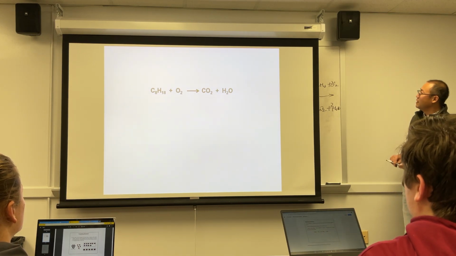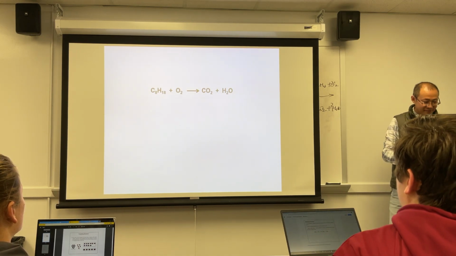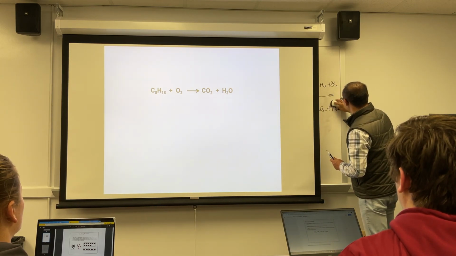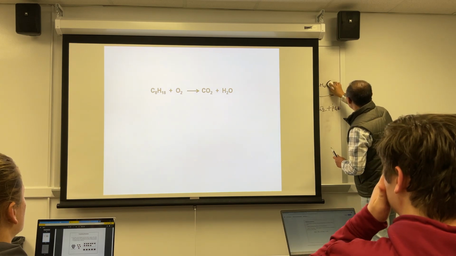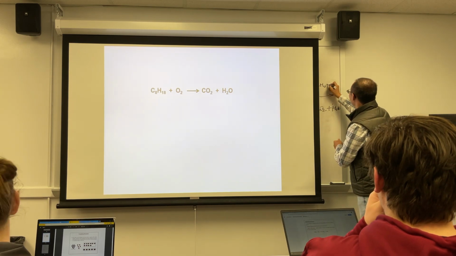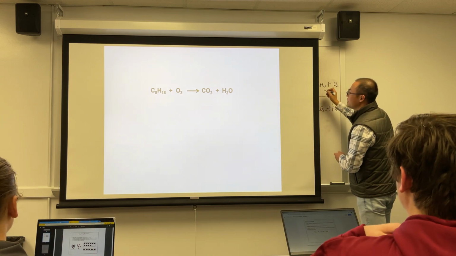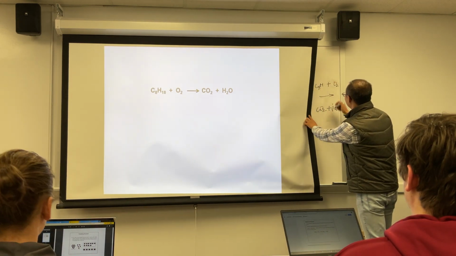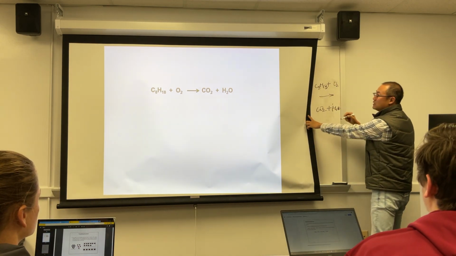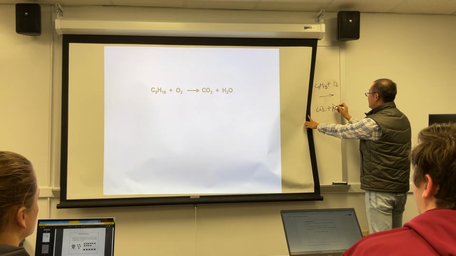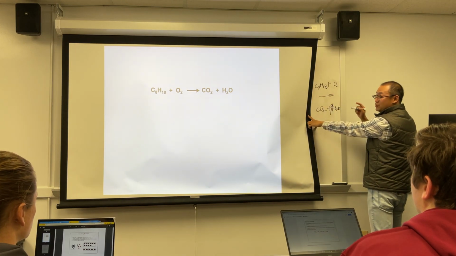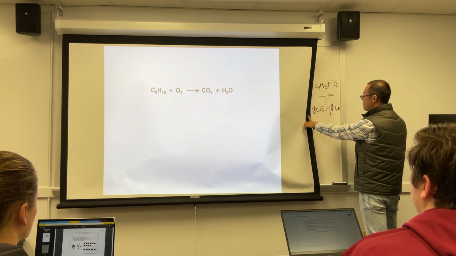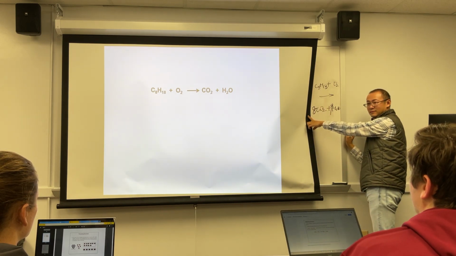How about this equation? You would need a 9 in front of the water. Okay, let's do it again. Let me change something, and then we'll do it on the board. This is a little trickier than before. This is C8H18. You said put a 9 in front of the water, so 18 hydrogen, good, and then an 8 in front of carbon dioxide. Good. And you would need